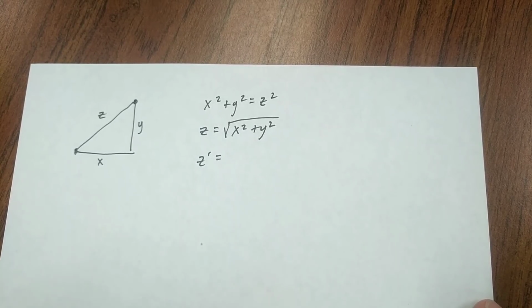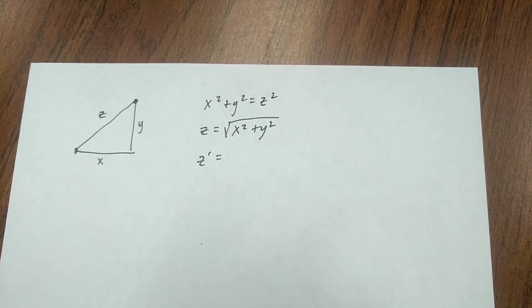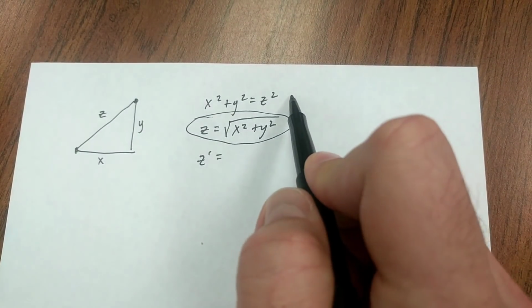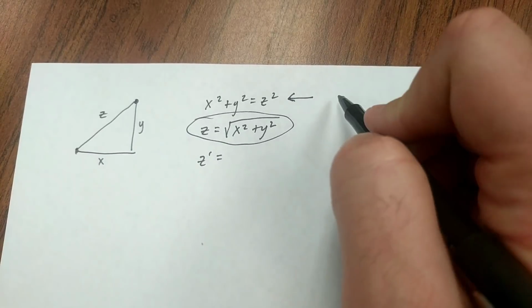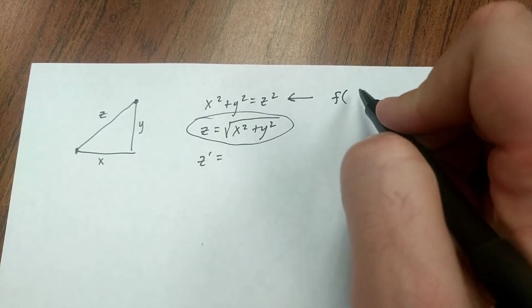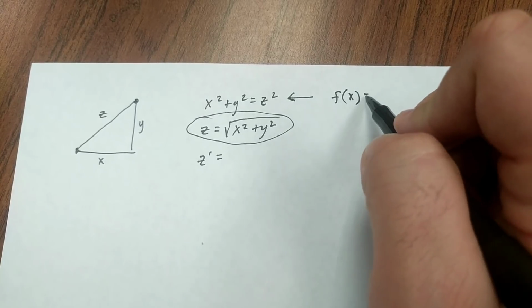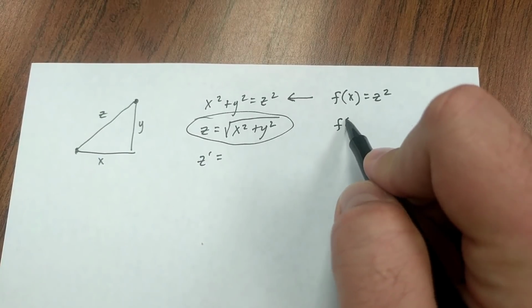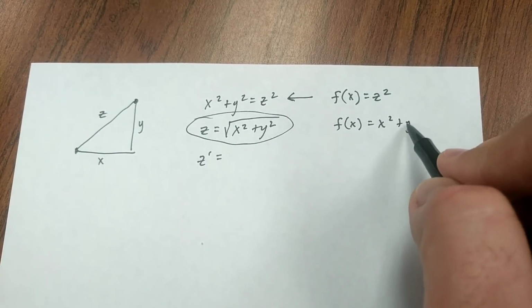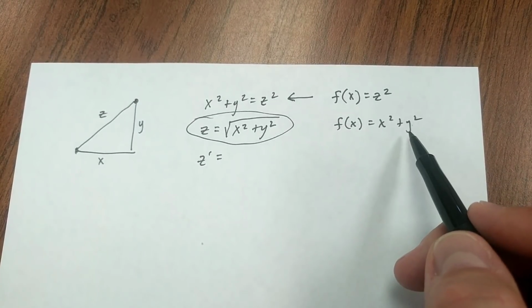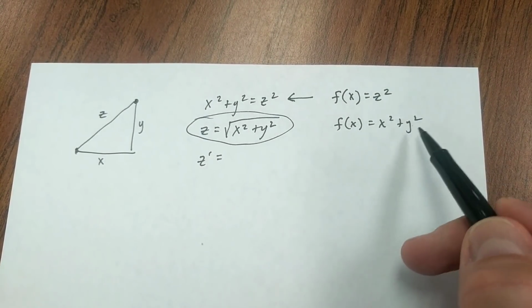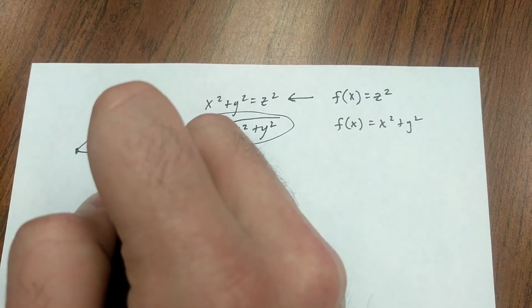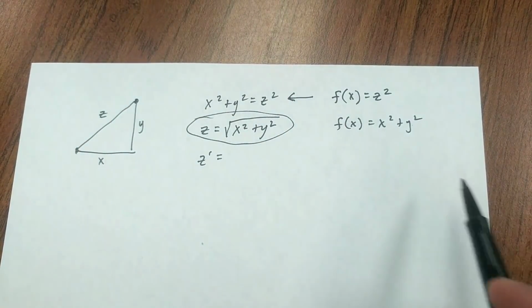So what that proof just told us is that doing this is not actually necessary. What you can do is come back up to your original thing and say, I don't know, f of x is equal to z squared. And so now I'm just going to say, all right, f of x equals x squared plus y squared, and now I'll take the derivative of this and move forward. Note that taking the derivative of this is going to be a little bit easier. This was maybe a poor choice. I probably should have done something constant. Anyways,